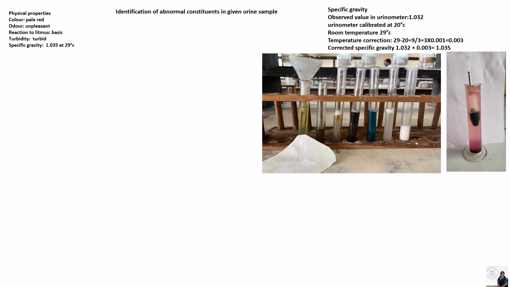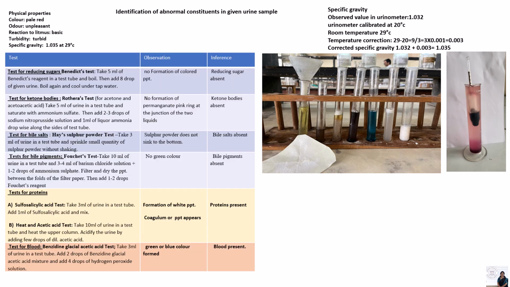So these are the chemical tests that are done to identify the abnormal constituents in the given urine sample. The first test is test for reducing sugar, Benedict's test. Here there is no formation of colored precipitate, so reducing sugar is absent in this sample. Next is test for ketone bodies, Rothera's test. There is no formation of permanent pink ring at the junction of the two liquids, so ketone bodies are absent